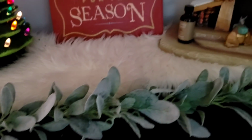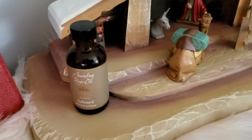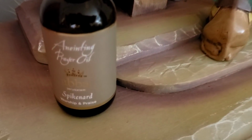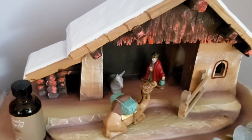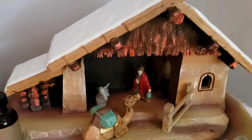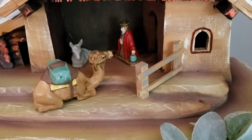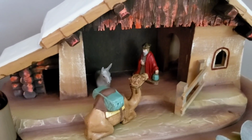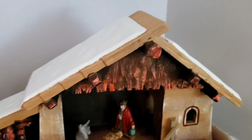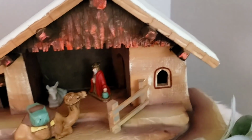And then the nativity scenes, you guys. My sister purchased this one for me. She thrifted it for me this summer. And here is the anointing oil in the prayer room. But this nativity set was purchased from the thrift. We thrifted it from a yard sale. And this older lady, she's so beautiful. She was like 90, getting ready to go to the nursing home and move out of her home. She did not want to sell this to just anybody. It was $5, and she wanted it to go to someone who was really going to love it as much